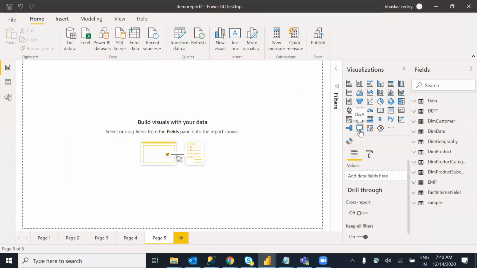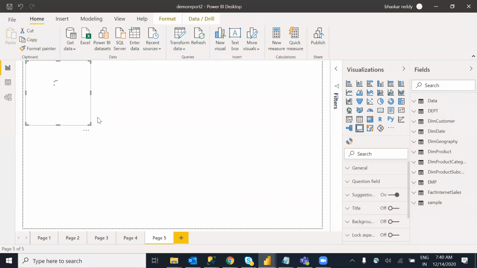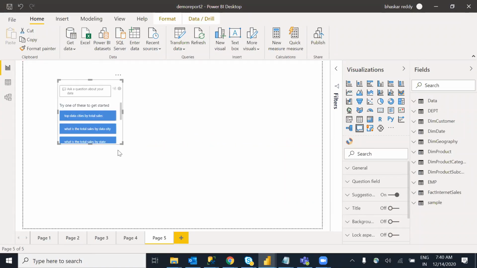But it's not a visualization. In the Power BI service also, if the user wants to ask something, it will give some information about your data over here. Obviously we are displaying the visuals and all, so it will analyze your data and give the data for you.